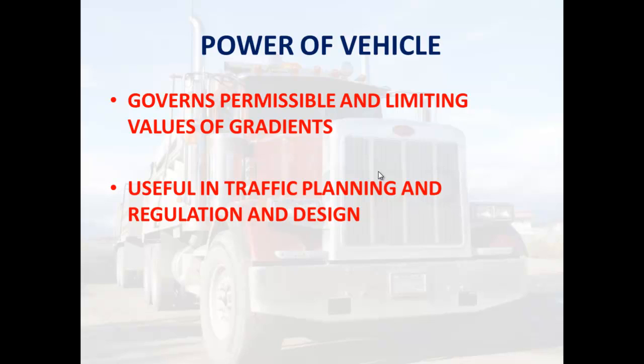In this regard, the total resistances to traction, the resistance which is given to the vehicle, consisting of these points: inertia, rolling resistance, air resistance, and grade resistance, are considered. From the total capacity and power required to overcome the total tractive resistance, it is possible to determine the speed and acceleration of the vehicle, which in turn is useful in traffic regulation, as you see on the slide, in planning and in design. So this was about the power of the vehicle, which was one of the dynamic vehicular characteristics.